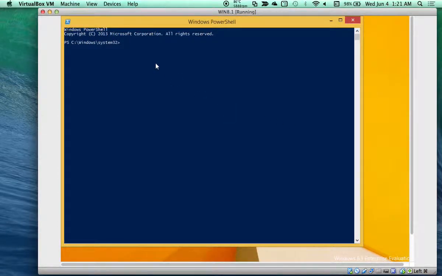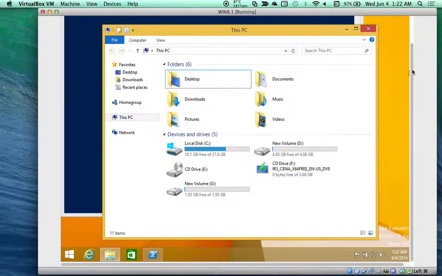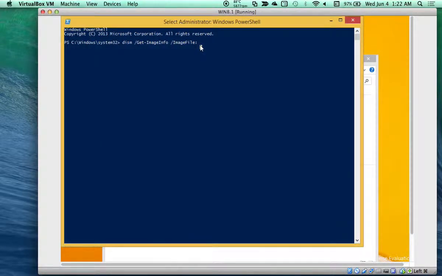So what I'm going to do now, I'm going to type DISM space /get-imageinfo space /imagefile: and I'll put, mine was F. You can follow my screen, or you can follow what is in your documentation as well. Is that not correct? And confirm again, my drive, it's F. Is that correct? So that's F there. So I'm going to type F